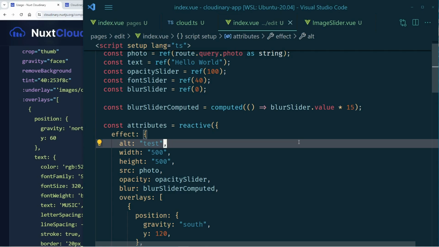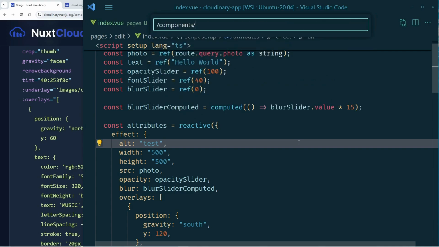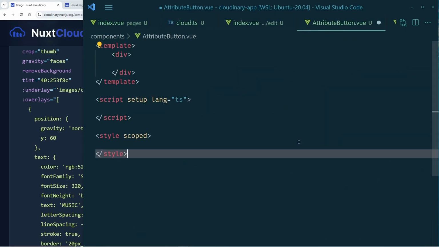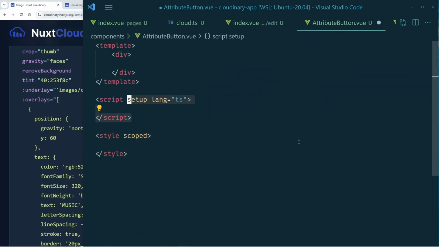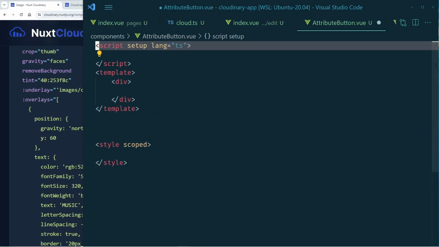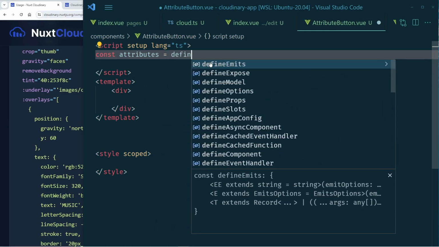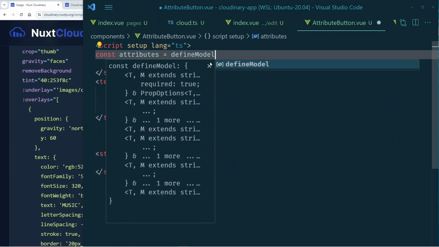So we're going to create a new kind of button. I'm going to add a new file in the components folder. We're going to call it attribute-button.vue, and I'll do my TS setup here. I always like moving this up to the top, just personal preference. And then in the attribute button file, we're going to create a button, and it's going to take those attributes and update them. Once again, we're going to use the handy dandy defineModel because we want two-way data binding